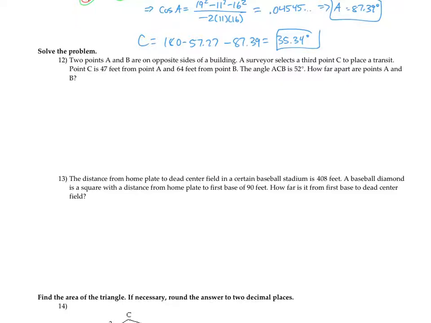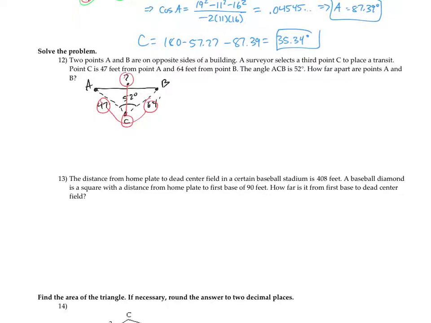So point C is 47 feet from A and 64 feet from B. So let's just say these are the two things that are on opposite sides of a building. This is A and this is B. We're going to put a C somewhere out here, and we know that point C is 47 feet from A, and 64 feet from B, and the angle ACB, which is right here, is 52 degrees. We want to know what's this side right here, and hopefully right away you see that's a law of cosines